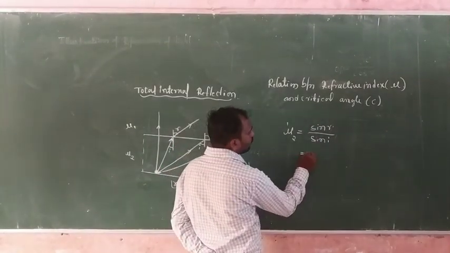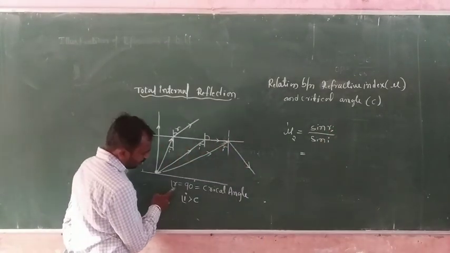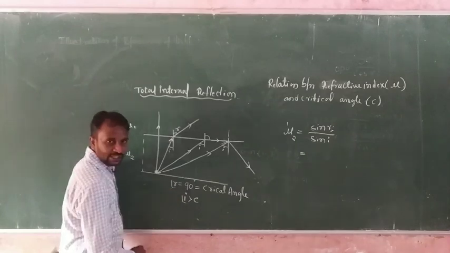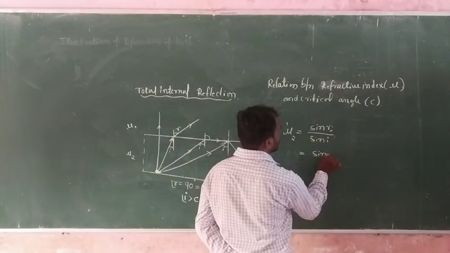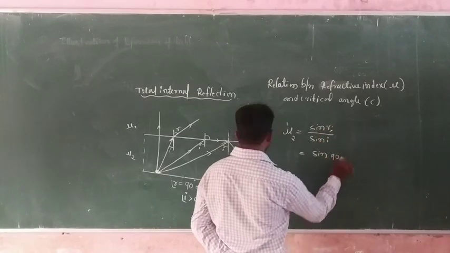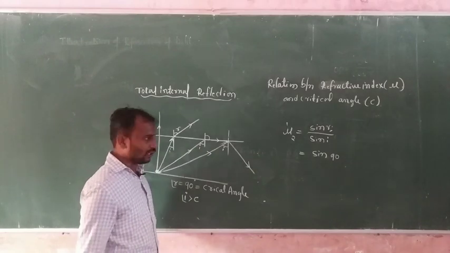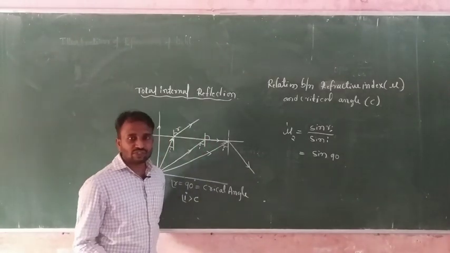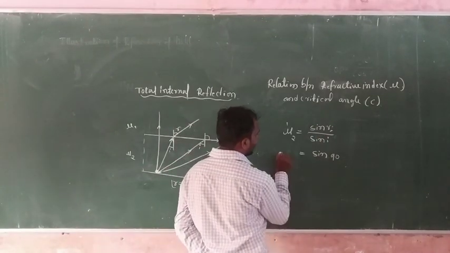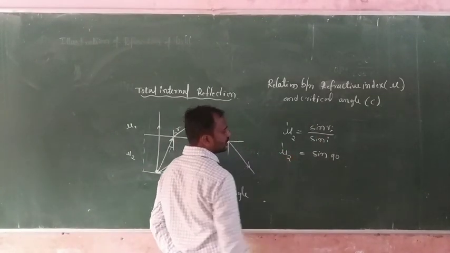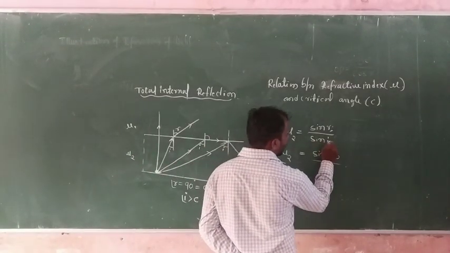Okay, so sin R, the angle of refraction, R angle is 90 degrees. So here we consider sin 90. Why? Because critical angle means the angle of incidence makes the angle of refraction 90 degrees. So that's when we consider the critical angle, and the refractive index of the second media with respect to the first media is 1 divided by sin I.